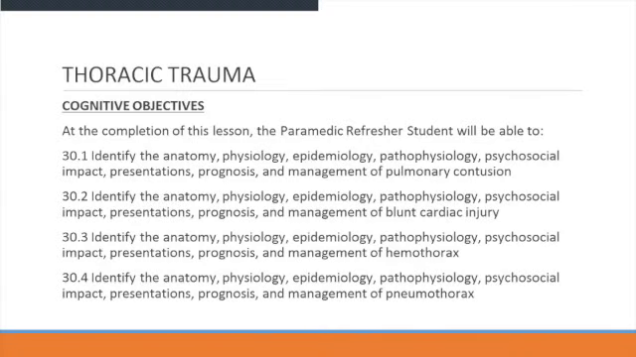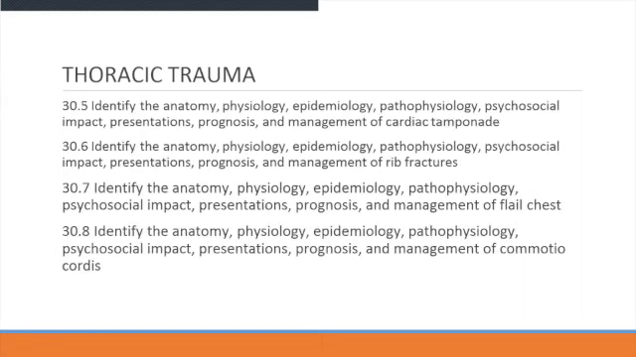Trauma. So what we're going to do is identify the anatomy, physiology, epidemiology, pathophysiology, psychological impact, presentation, prognosis, and management of pulmonary contusions, blunt cardiac injuries, management of the hemothorax, and management of a pneumothorax. We're also going to learn how to manage a cardiac tamponade. We're also going to manage rib fractures. We're also going to manage flail chest segments and also management of